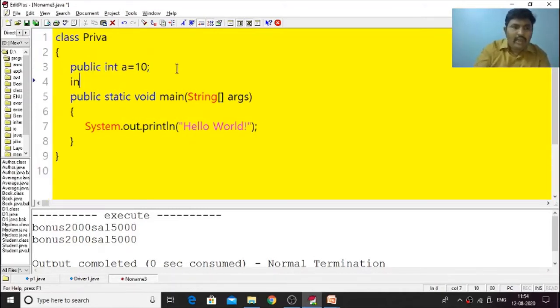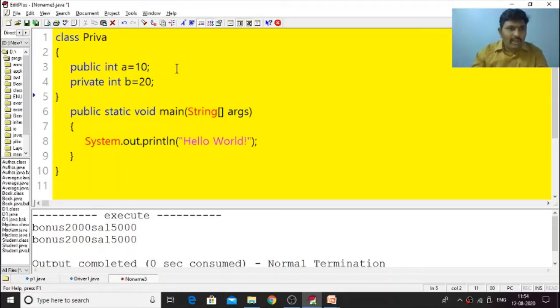Now you have another variable, a private variable, private int b = 20. So these two variables are available in my particular class.